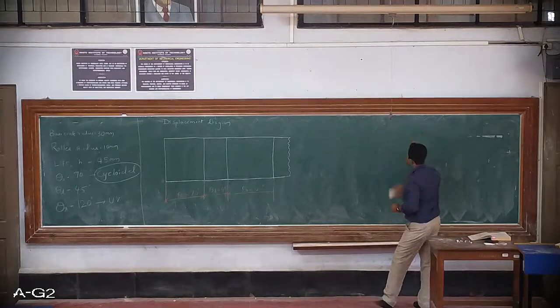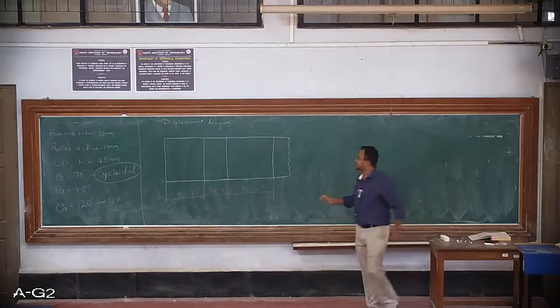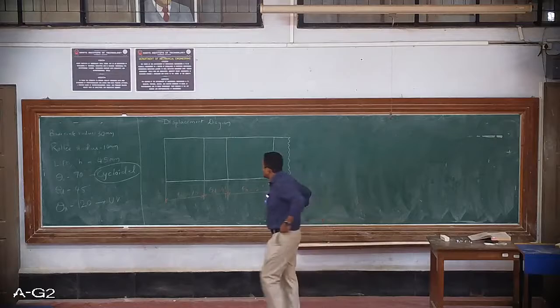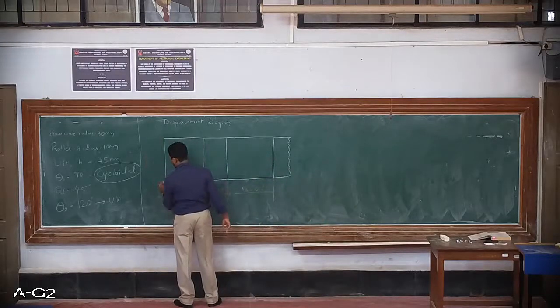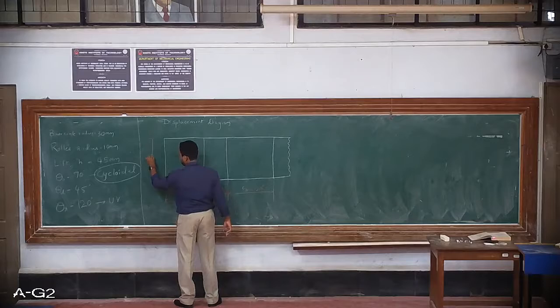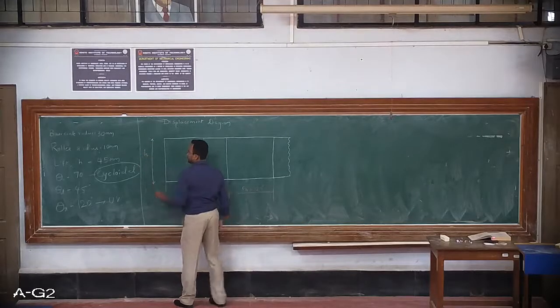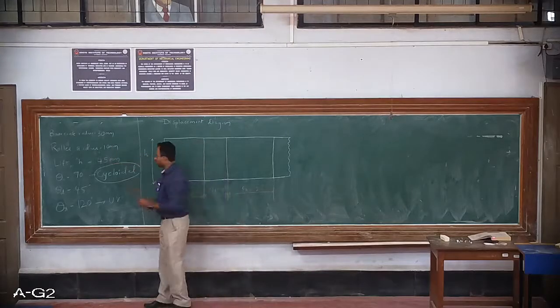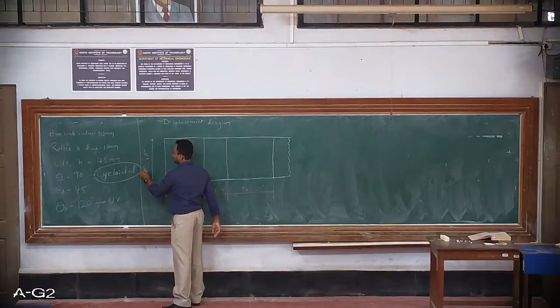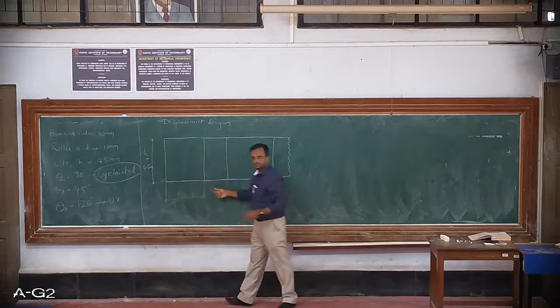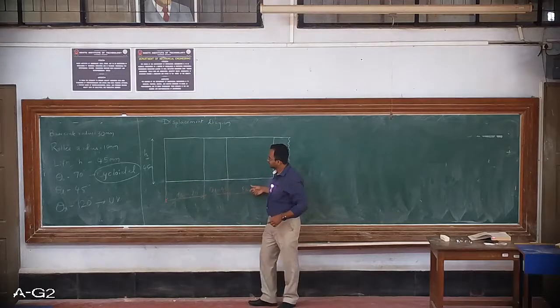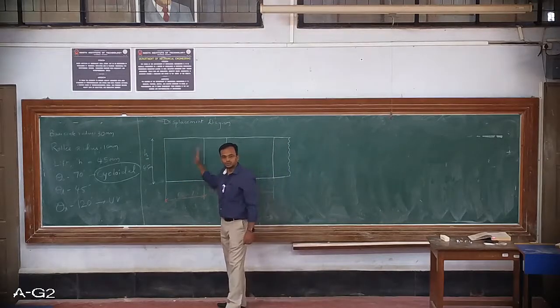Okay. Then we have constructed the displacement diagram by taking the height of this rectangle. Height is equal to h. H is nothing but 45 mm. So I have taken the height of the rectangle as 45 mm, and for the width, you just draw a random line and start marking the rise stroke, dwell stroke and return stroke.